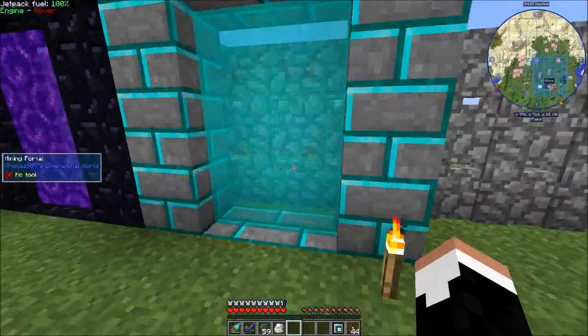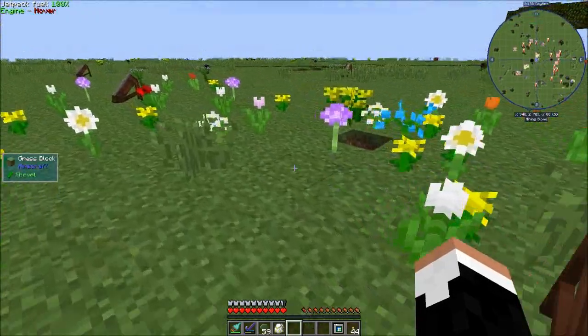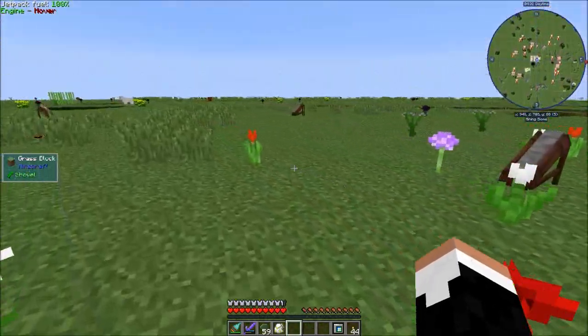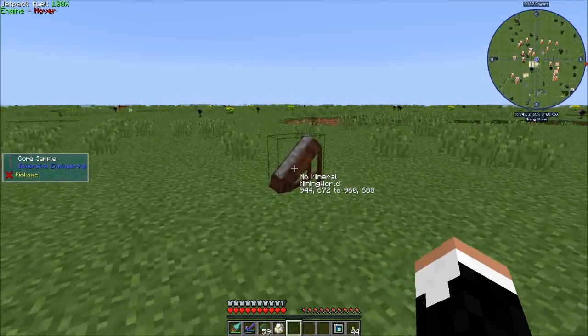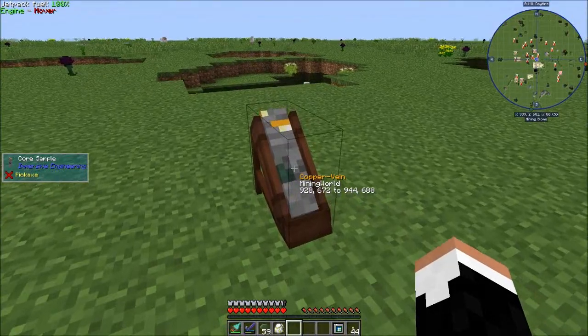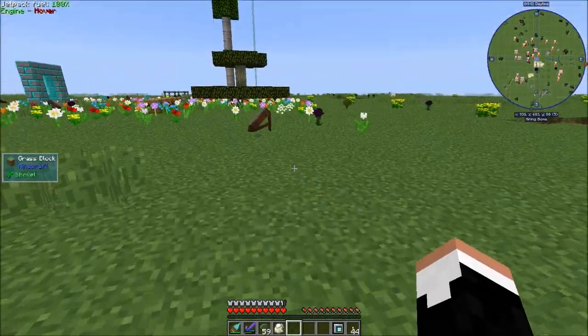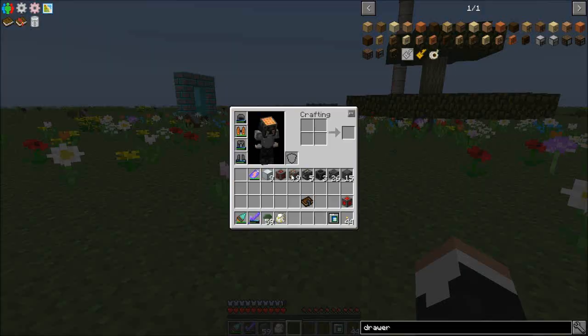Let's roll out into the mining world and I'll show you what else I've done. I went through and I took some core samples here. And largely I was finding no mineral. So no mineral, no mineral, no mineral. Here I found a copper vein, which produces, what is it? Is it copper and...